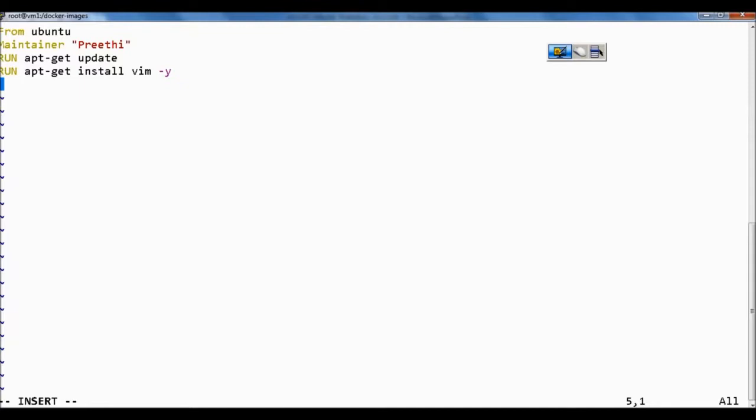Now I am writing CMD command. CMD is nothing but what will be executed when the container is up or when the container is created. Now CMD, let's say I want it to show some message.